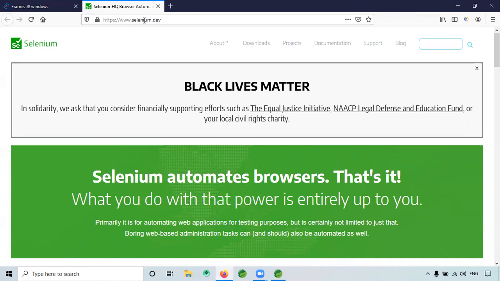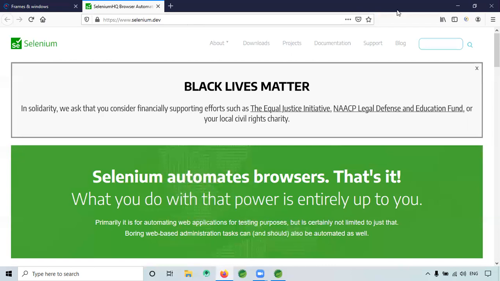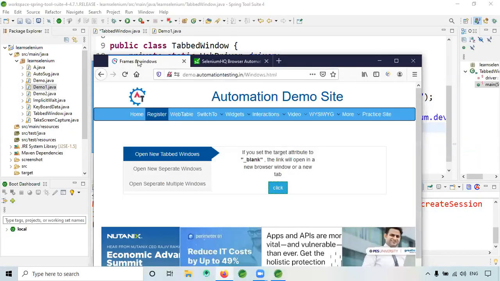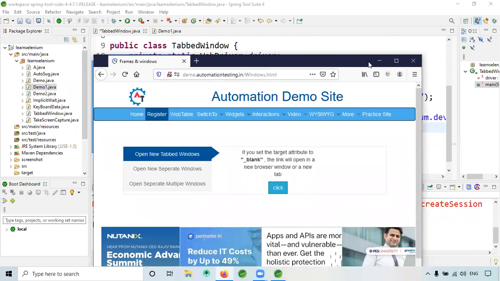Then the title. So you are saying like, how do I get the title of that next tabbed window? I don't know. Okay, so that is what we are going to learn today.